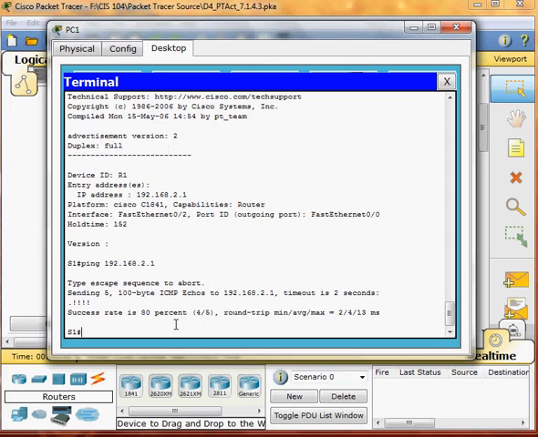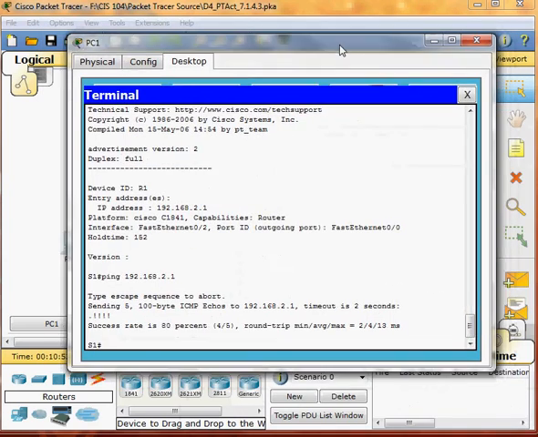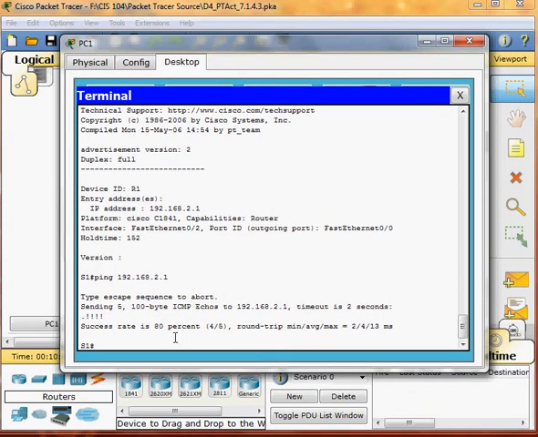We have to download the router and configuration. From PC1, this is PC1. I already pinged the IP address of router 1, and now we have to download to router 1. So we have to go down it.